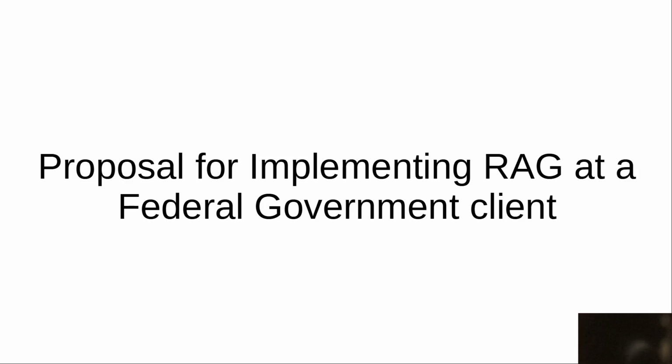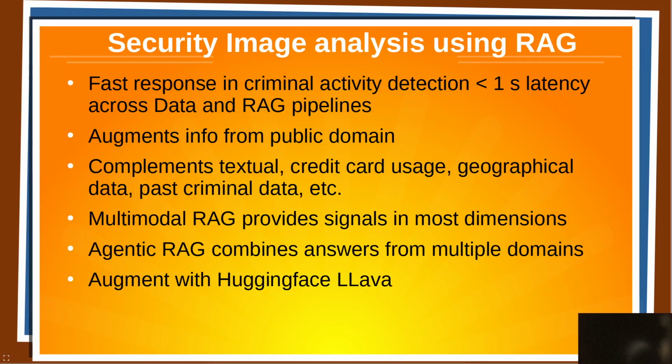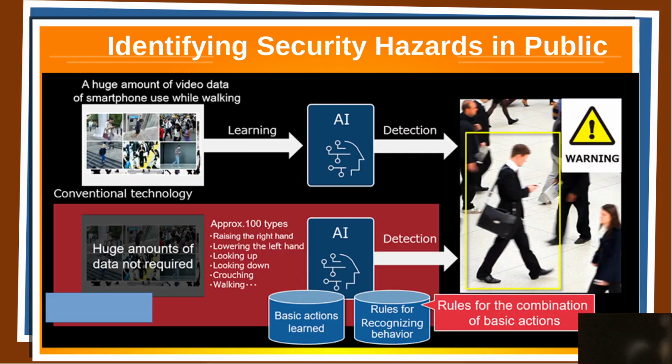So today we'll talk about a proposal for implementing RAG at a federal government client. One of the use cases is to identify security hazards in the public. There is a huge amount of video data coming in from various locations, from building tops and entrances to stores and so on. So taking that image and using some AI algorithm, potentially from NVIDIA, to detect what's happening. And conventional technology